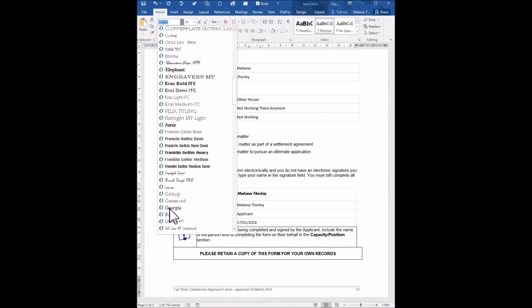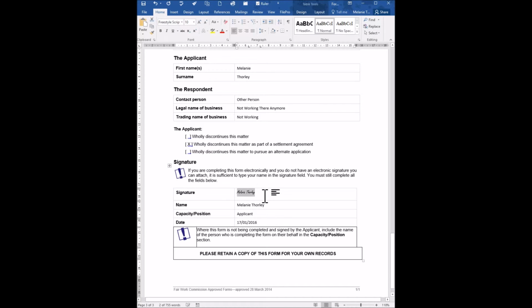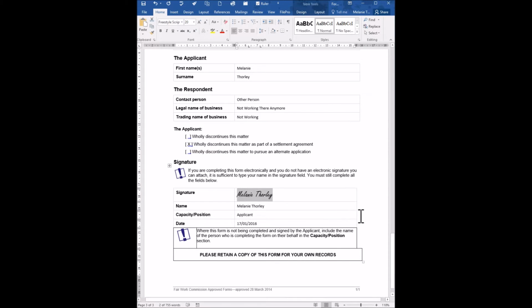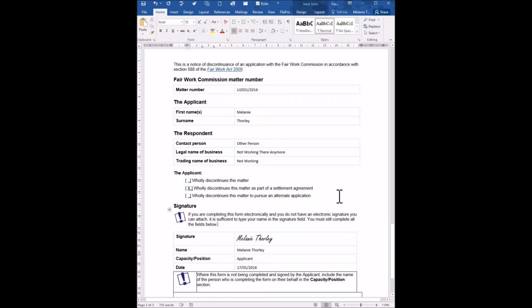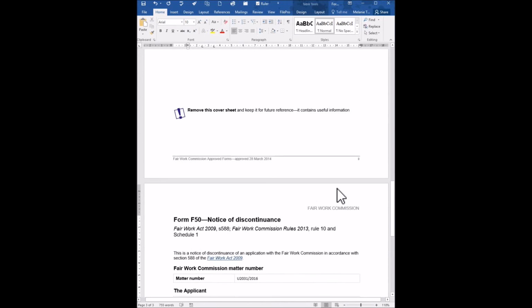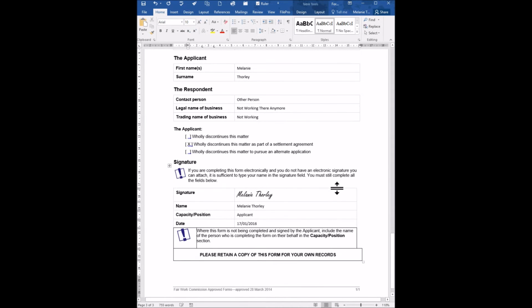Let's choose this one, and it's really small, so I'm going to make it just a little bit bigger, and there we go. So that would be my form, and I would then print it out, or I would email just this page to the Commission,